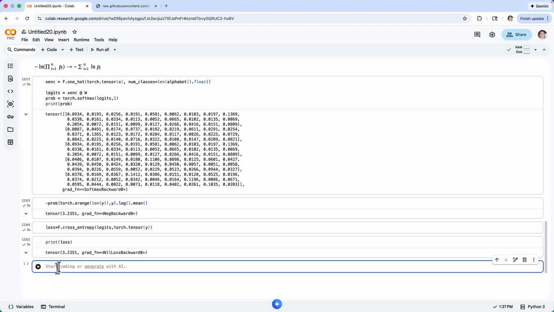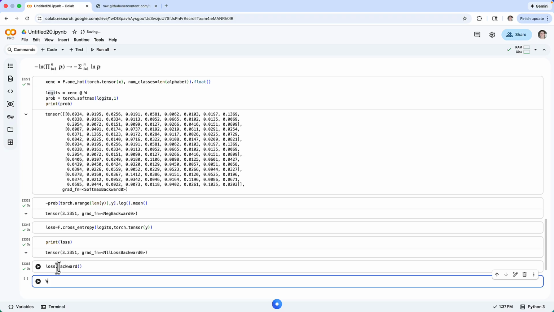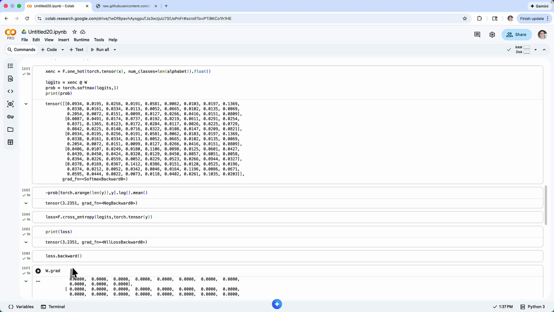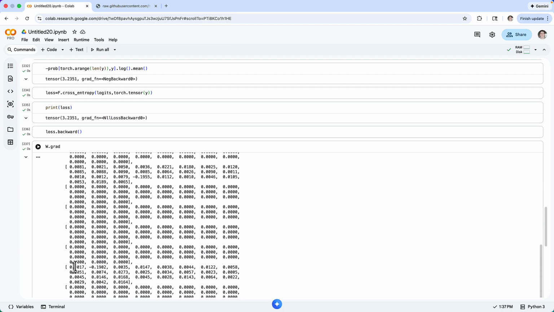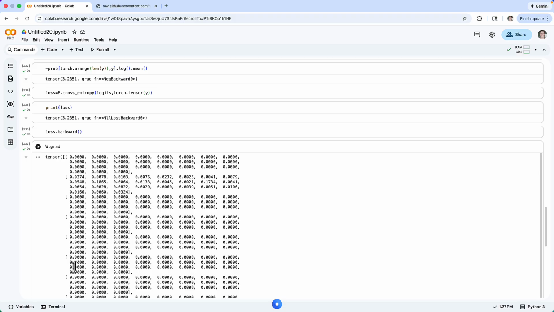So I can call backward, and after that I will have access to this information. So now we can use PyTorch to implement an optimization using gradient descent,